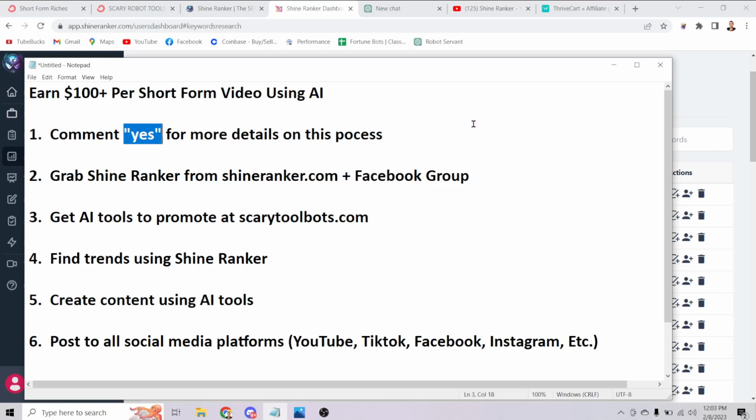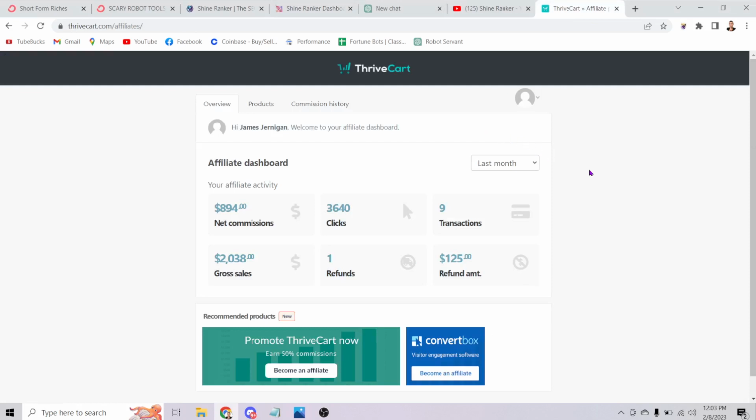But if you're a beginner and just getting started, this is probably more realistic. This is my ThriveCart dashboard. This is one of my affiliate dashboards for one of the tools that I promote as an affiliate. In this case, ShineRanker and the different courses that Chase offers along with the tool itself. So you can see that last month I earned $894 in commissions, almost $900 in commission, and did over $2,000